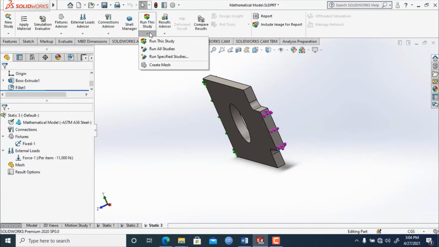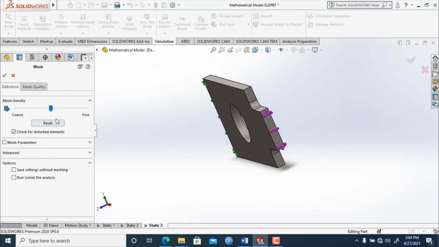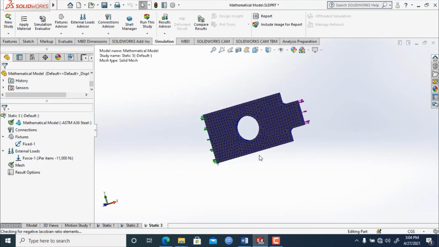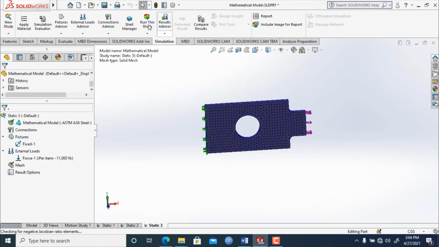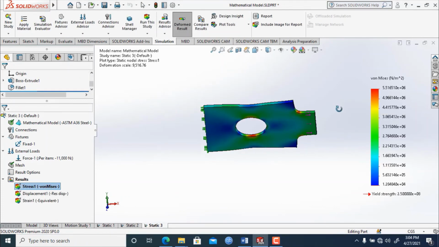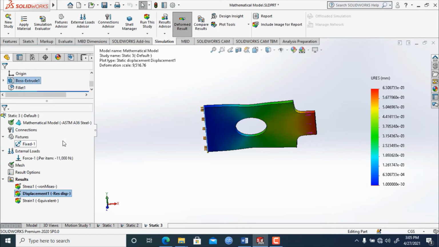Then we will create the mesh, keep the default mesh factor, and click OK, and the default mesh has been created. So we will run this study, and here you can see, let's click on show, the maximum displacement is 6.308 into 10 to the power minus 3.